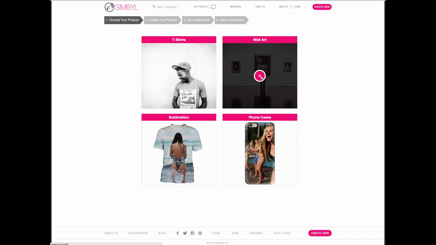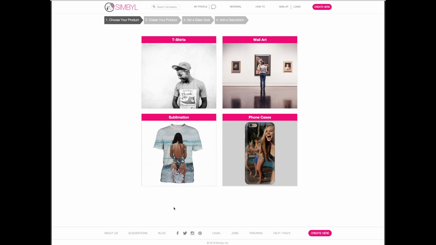Then we have wall art, which is really nice 320 gram cotton canvas wall art that's digitally printed. So really beautiful saturated colors with a UV protection on them. And that's really helpful because if somebody takes one of your photographs or paintings and they're hanging on the wall and the sun shines on it for like 7 hours out of the day, the colors aren't going to fade.